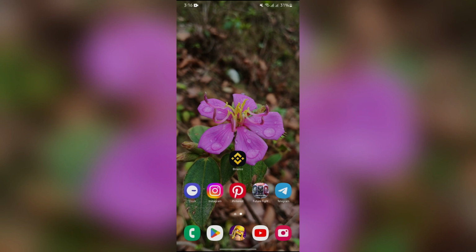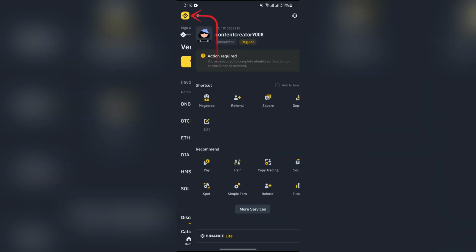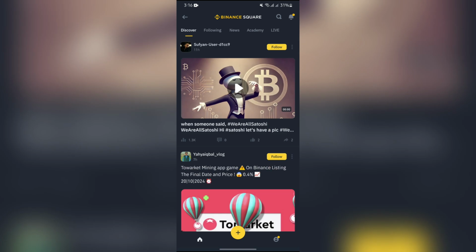Now, in order to get that, you just simply have to open your Binance application and then tap on this little Binance icon in the top left corner. Tap in there, and after that you will see this option of Square. Tap on Square, and after tapping into Square you will see Live at the very last in this top